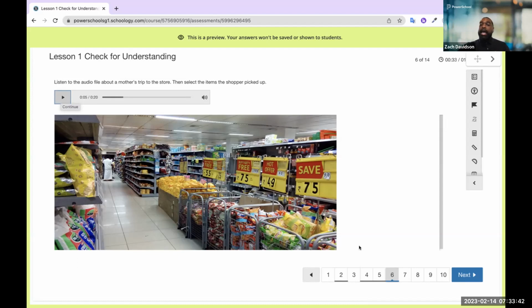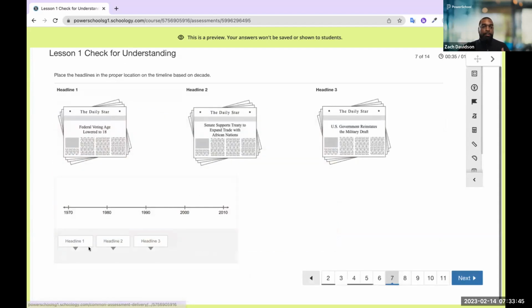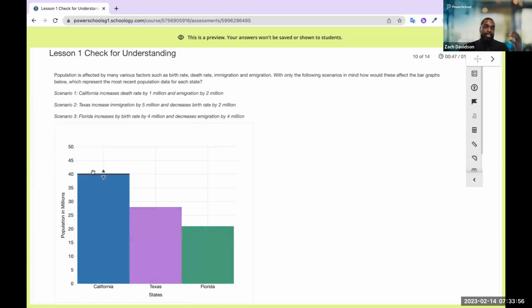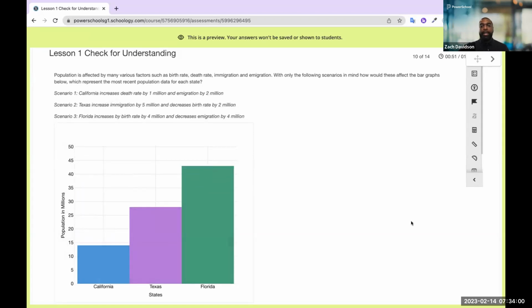So in this example, the Spanish teacher actually creates an audio prompt for the student to listen to, right? All of these questions can be automatically graded, as I'm showing. We have 18 different question types in our platform that can be incorporated here within the system. 14 of them can be automatically graded. So things like these charts and the highlighting, the drag and drop, all of those capabilities can be automatically graded.